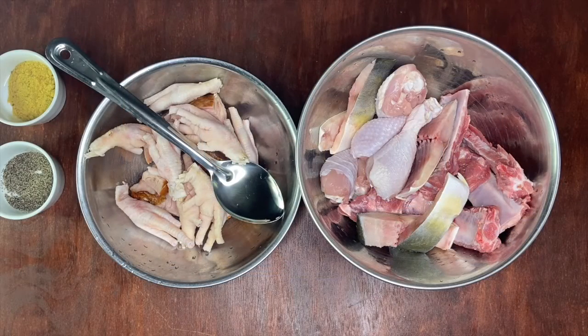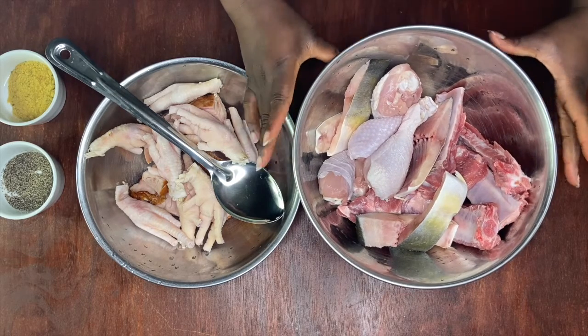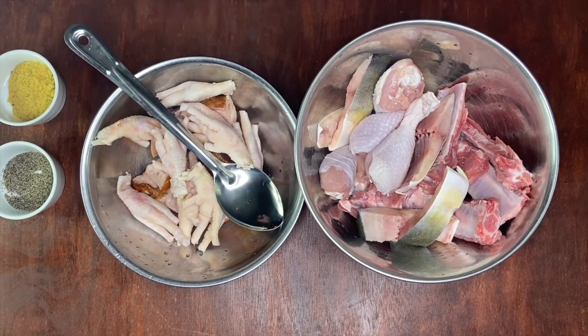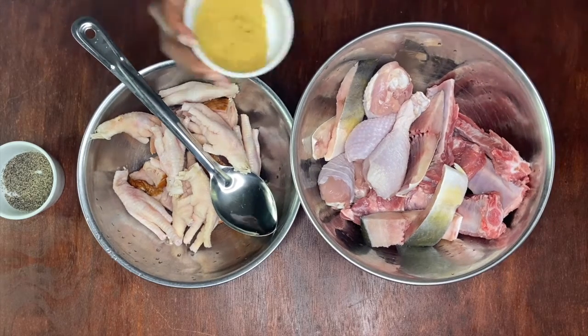So for our next step, we are going to season our assorted meat. So in my bowl over here, all the meat that I am going to fry, and all of this over here is what I'm going to steam. So we're going to start with our fry ingredients. We're going to add